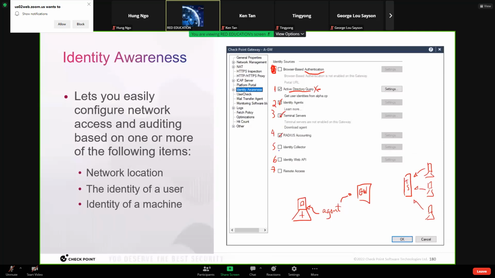RADIUS accounting is almost the same thing. Let's say you have a device that's using RADIUS accounting, like a Wi-Fi controller. Usually a Wi-Fi controller authenticates people using WPA2, which uses RADIUS. And you want to get this piece of information from the RADIUS server. So you have your RADIUS server here, and you can get this piece of information from the RADIUS server, and this piece of information is basically, again,